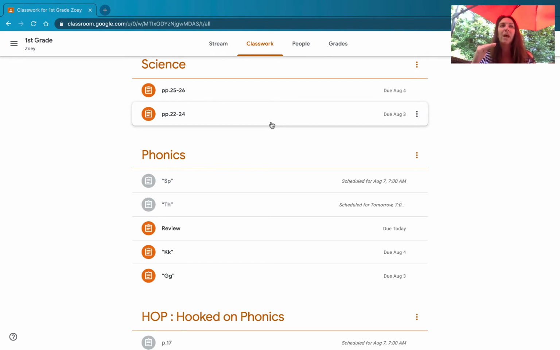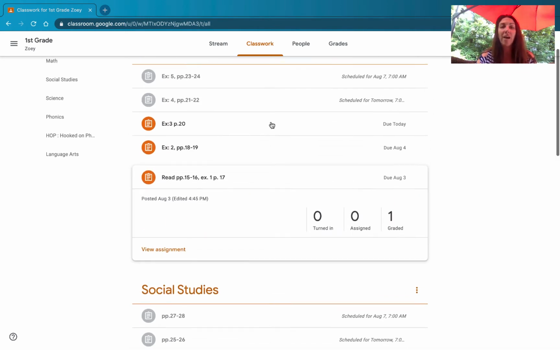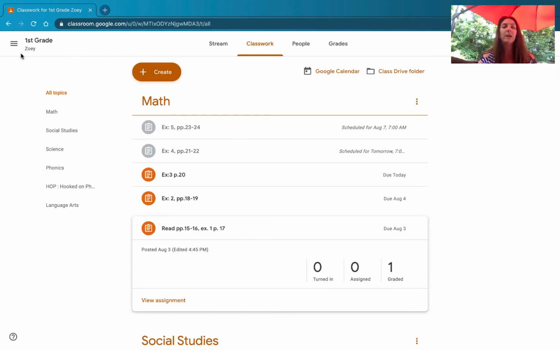Obviously, I know when she turns things in, but it's more for a record keeping standpoint and just staying organized. There's also a calendar app that I'm going to put in the link. I have it on the iPad and through my iPhone. I don't know if it's available on the Android store, but it's on the Apple store. And it's amazing. And through that app, because this is linked to my Google account, then